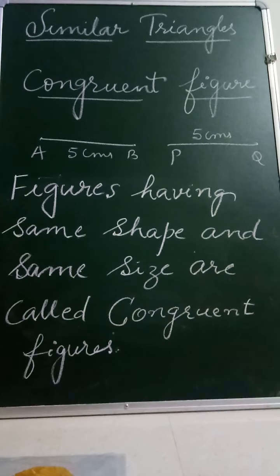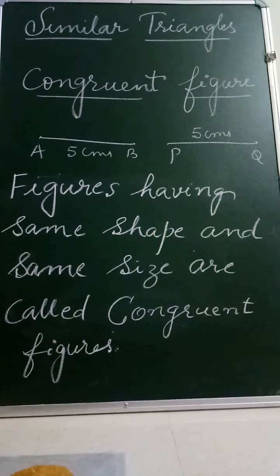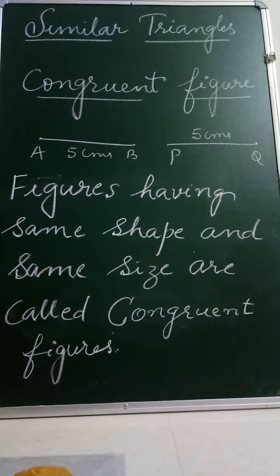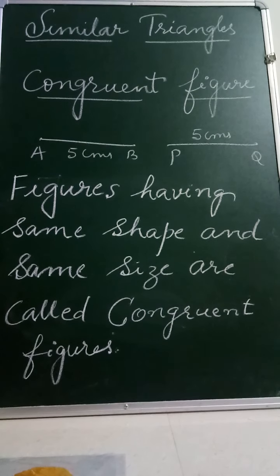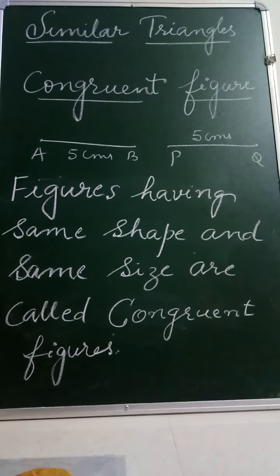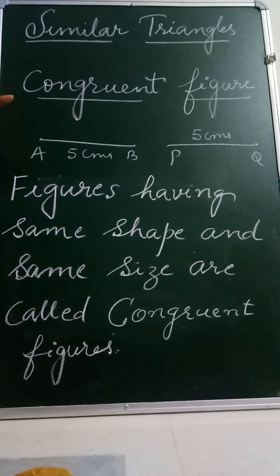That is, side, side, side postulate, SSS postulate; side, angle, side postulate, SAS postulate; angle, side, angle, ASA postulate; and right angle, hypotenuse, side postulate, RHS postulate. Let me recall some of the important points of congruent figures, congruent triangles, and then we'll shift on to the